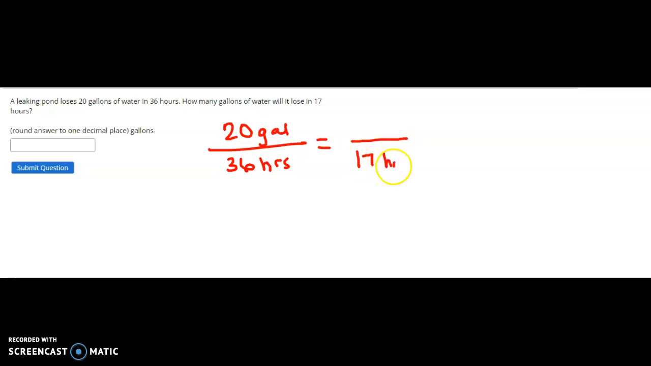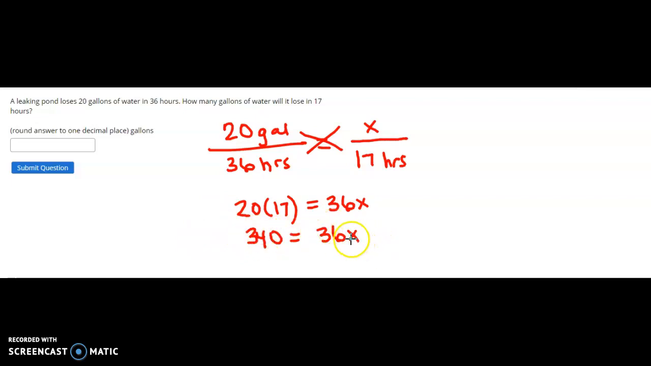So I'll put my 17 hours down here. We don't know how many gallons of water, so we'll put that as x, and then we'll cross multiply. We have 20 times 17 equals 36x. 20 times 17 is 340, equals 36x. We need to solve for x, so divide by 36 to isolate x. And we get 9.4444